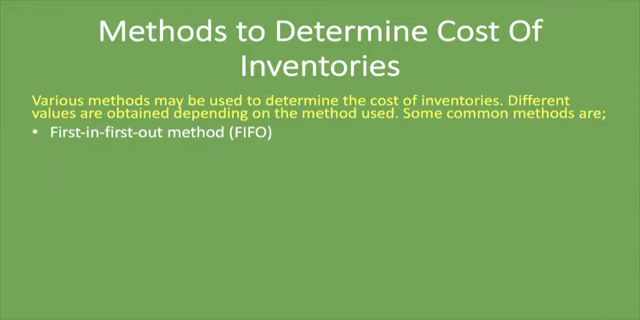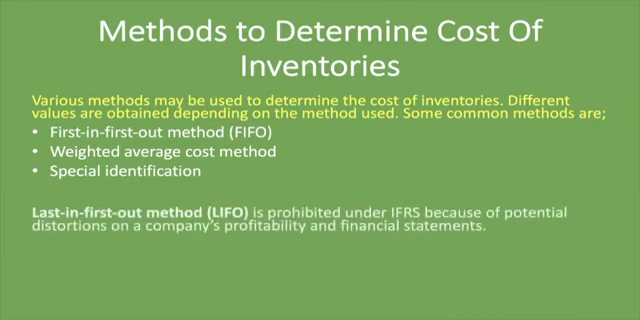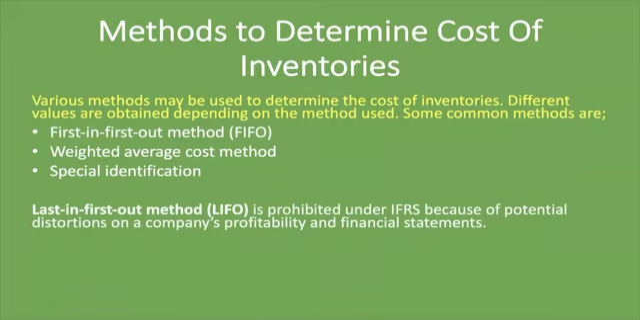Another method for determining the cost of inventory is the weighted average cost method. We have also looked at this method before. You'll find the link to that lesson in the description below. Another method is the special identification method, which is used in some instances. And we have another one, which is called the last in, first out method, or